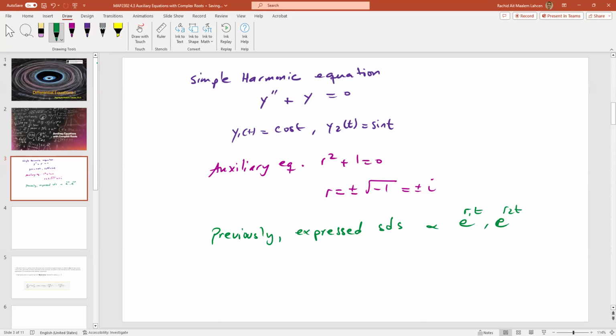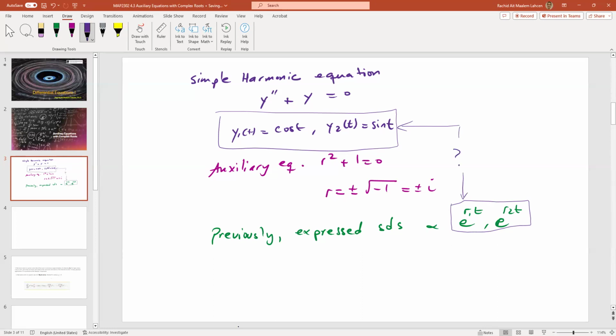So it would appear that we need to connect these exponential forms somehow with the expected parts that show up for this type of problem, right? So that's the question, and this matchup